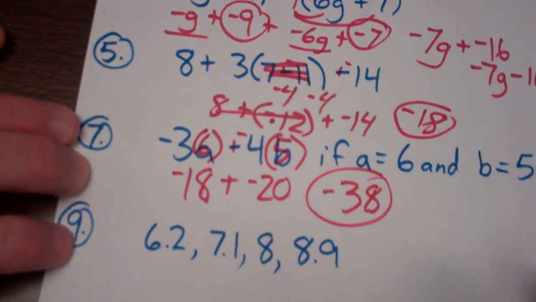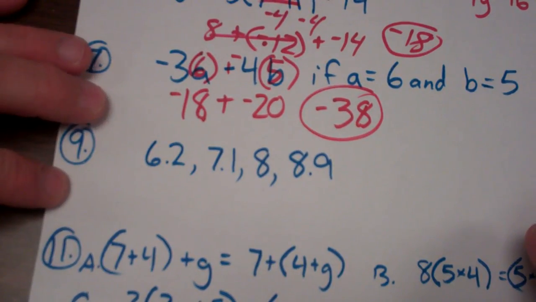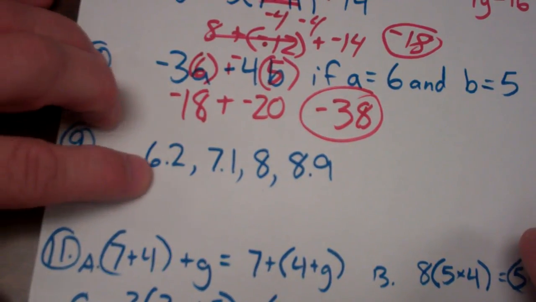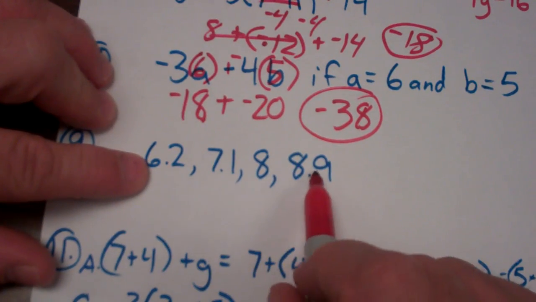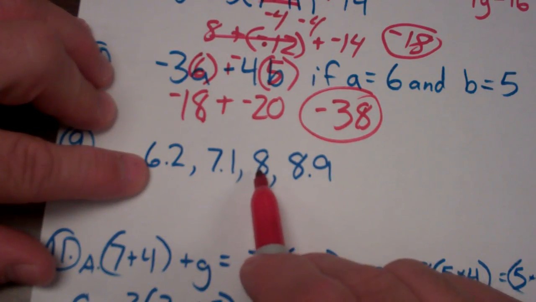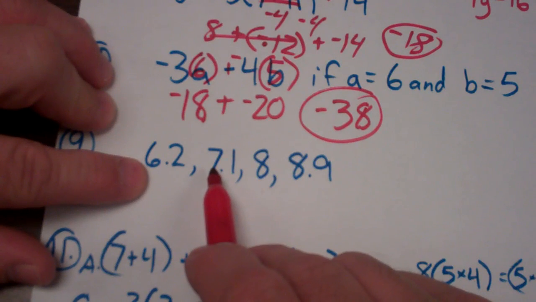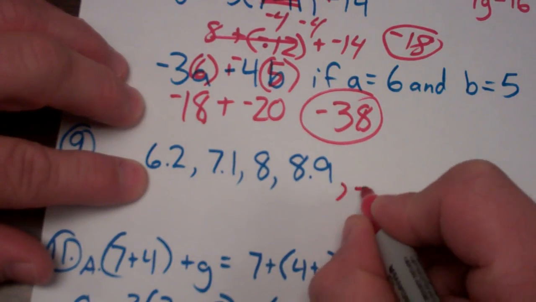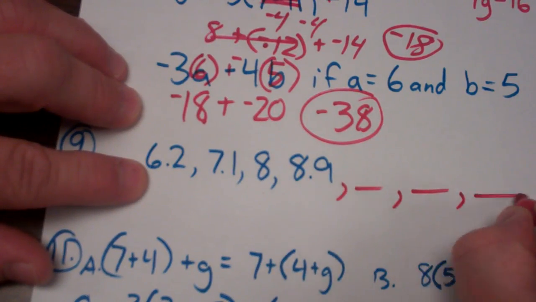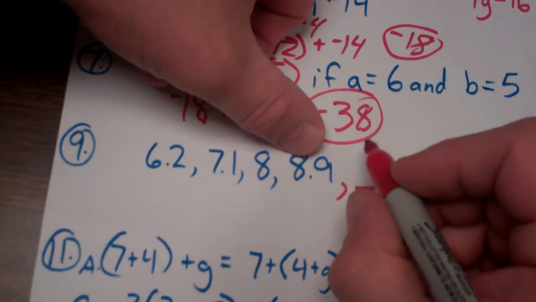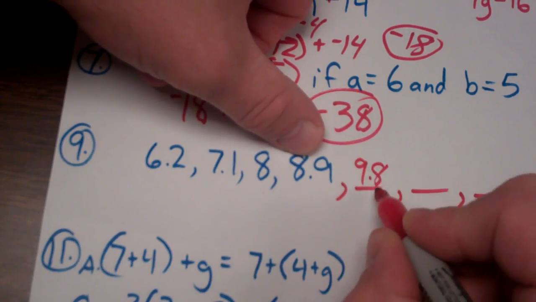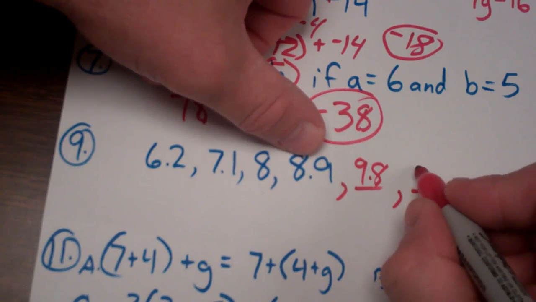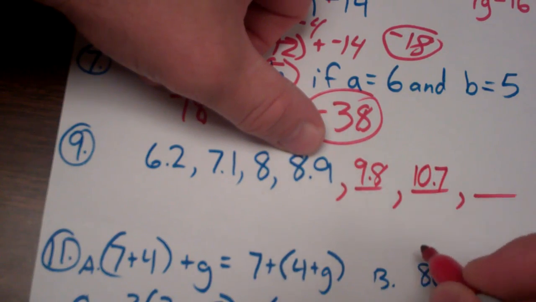Number 9 wants the next 3 terms in this sequence, so I have to figure out what the pattern is. So I might do that with subtraction. If I subtract, I get 0.9. So guess what? It's going up 0.9 each time. So if I want the next 3, I just need to keep adding 0.9, which would get me to 9.8, and then it would get me to 10.7, and it would get me to